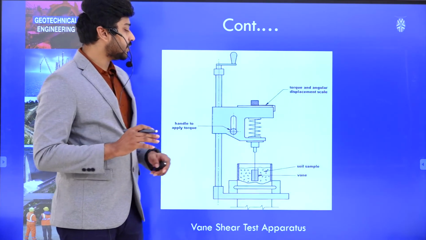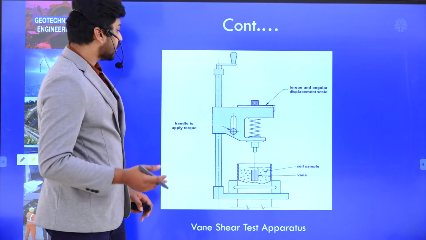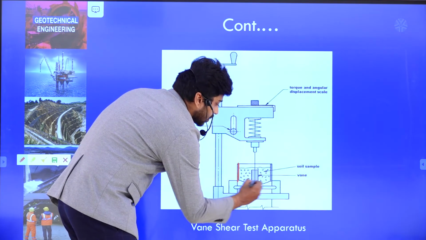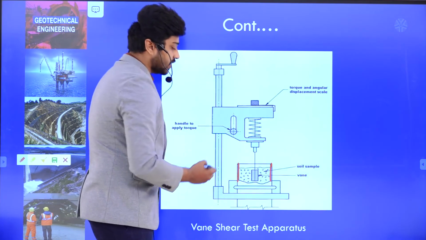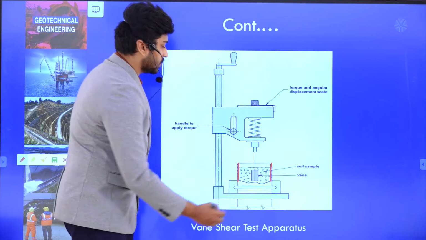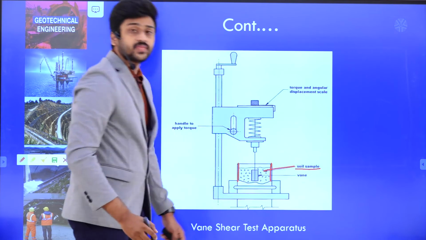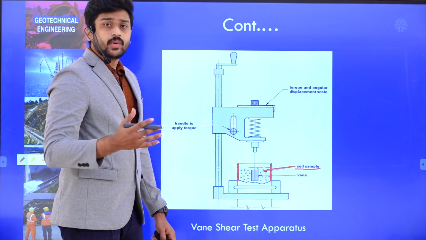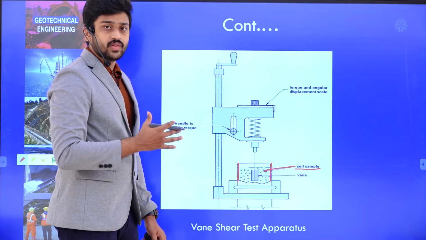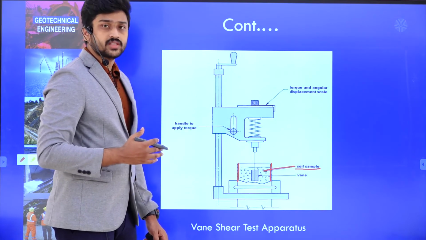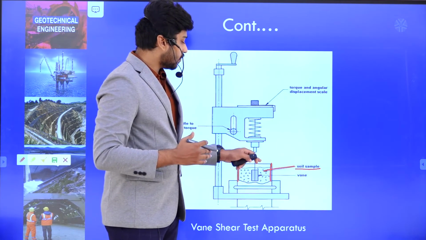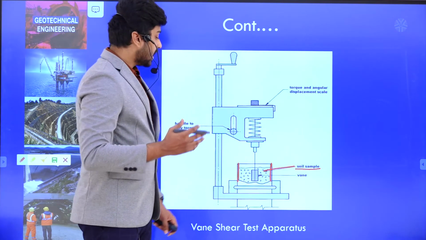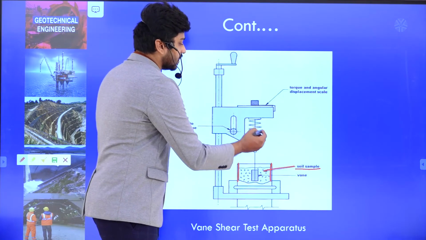Now let us look at the vane shear apparatus. This is the typical arrangement of a vane shear apparatus. If you look here, this is the typical test sample, in a box sort of arrangement in which we place the soil sample. Say the dimensions are 38 mm by 76 mm, as we have considered in triaxial, or any other may be considered as well. Here we are preparing the soil sample in the mold and placing it in the mold. And then this is the arrangement here.